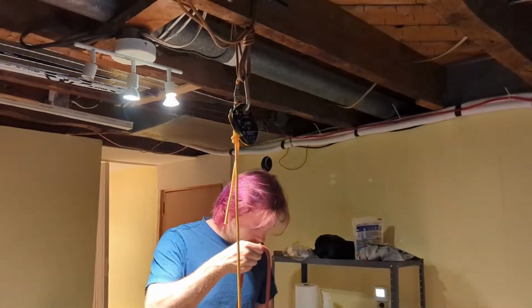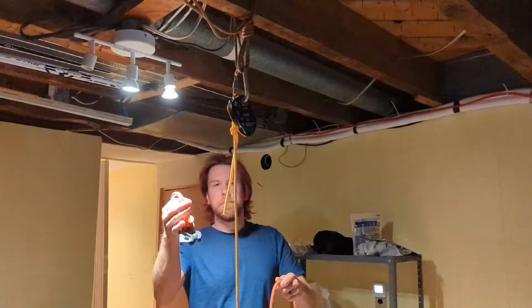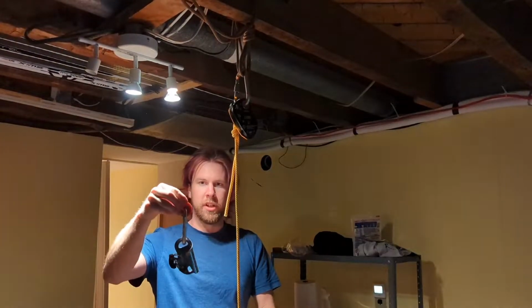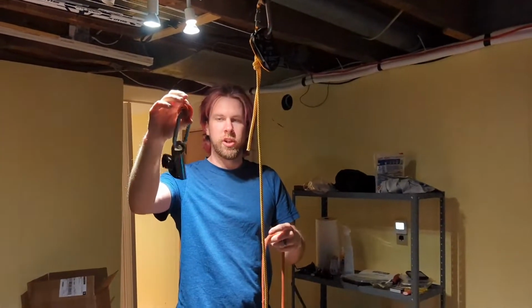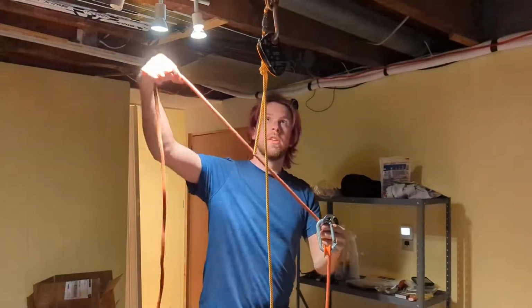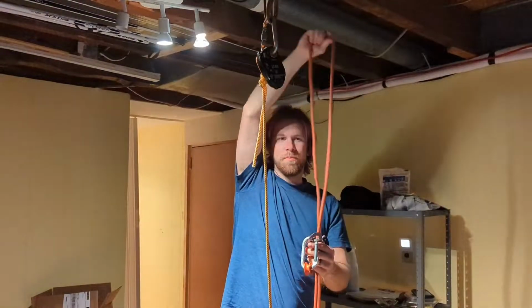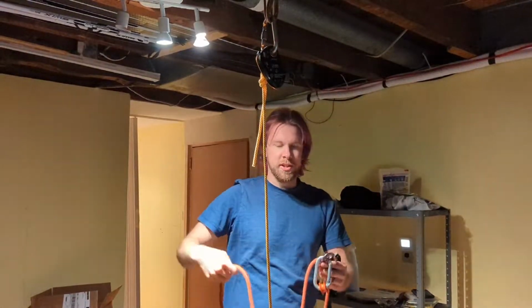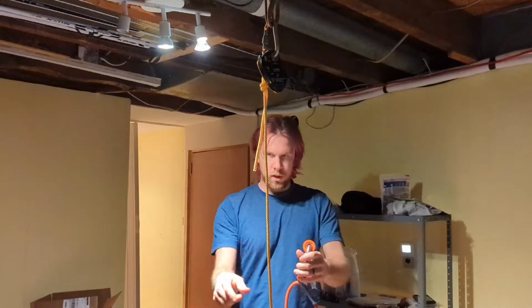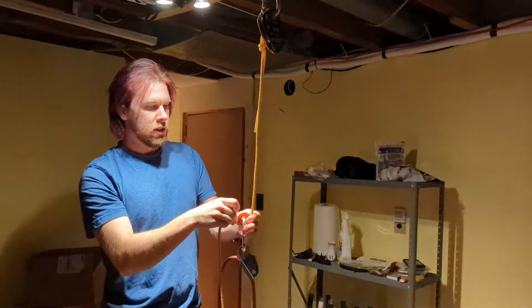I'm going to take my basic pulley, and this should be a real pulley with a ball bearing, not a pulley around the carabiner or a Micro Traxion, but this is all I've got for now. So this is going to go on the lead line. The haul line would be clipped up here somewhere, probably backed up. I would take it off my harness, but so that's going down like that. I take this line that I just clipped, I put that through there,